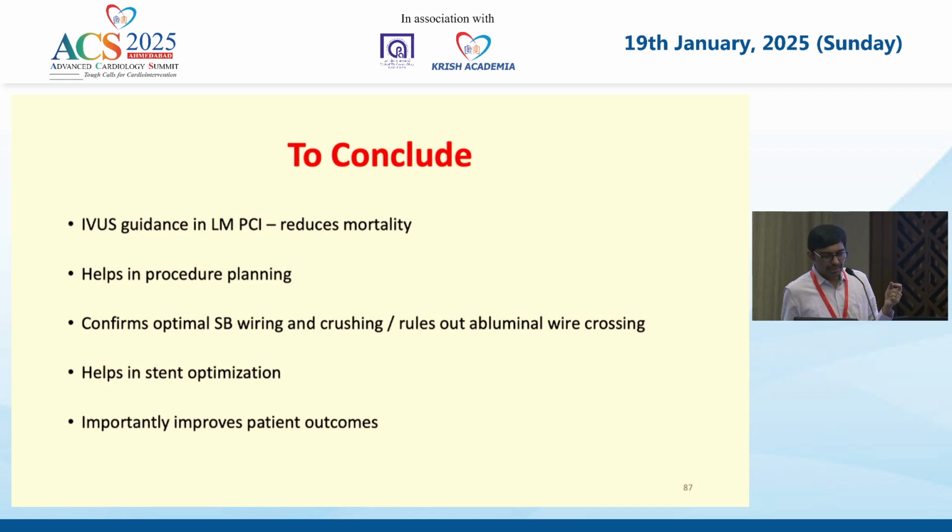So to conclude, IVUS guidance in left main PCI reduces mortality and improves patient outcomes, helps in procedure planning, confirms optimal side branch wiring, and confirms appropriate crushing and ruling out abluminal crossing, which helps in stent optimization. So one subset, if you want to